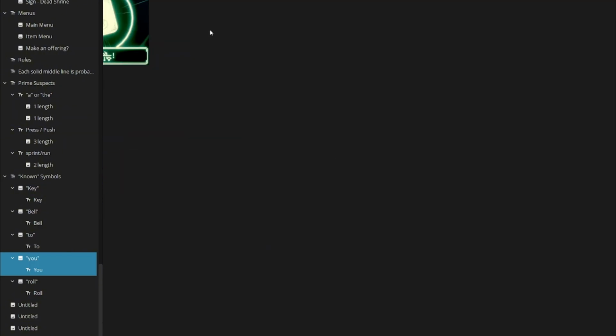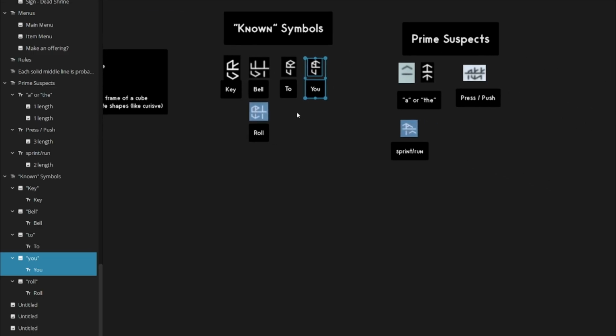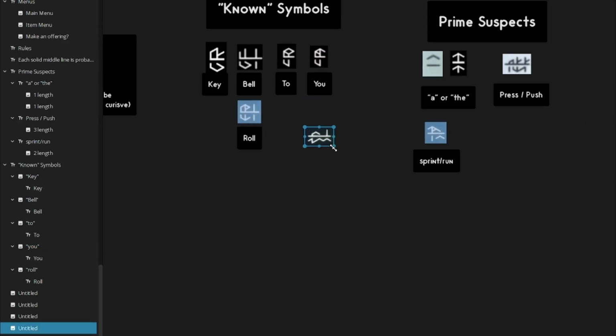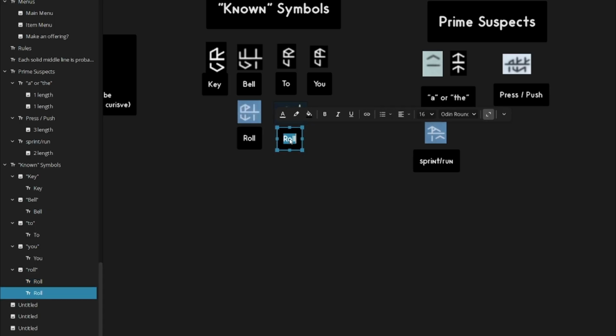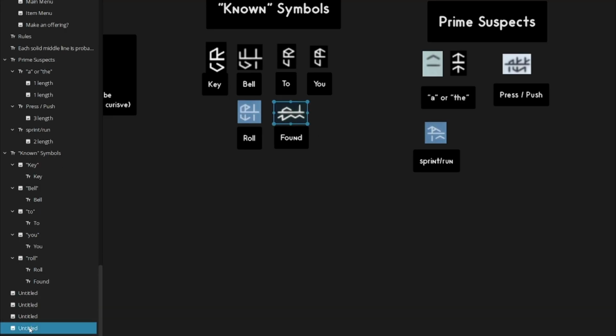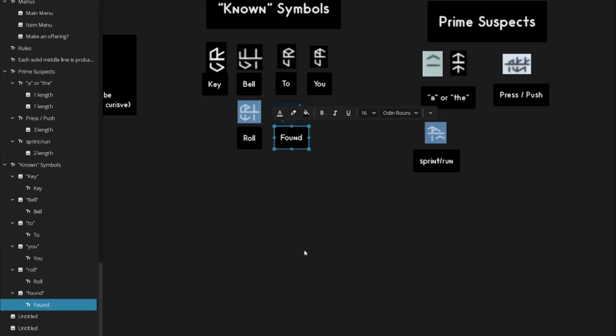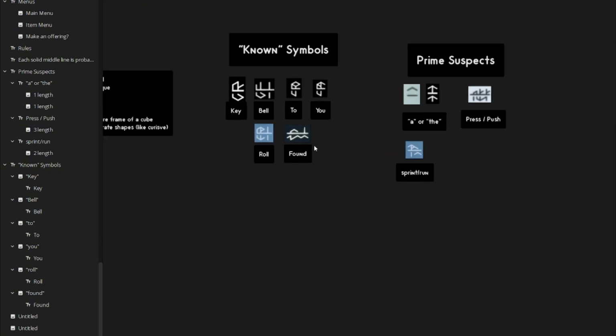I still don't have an idea. What I'm trying to do is find a grouping of words that I can translate, to then go back and see similarities between things like length and sounds, and this was found. I feel good about that. Every time you find something, this word is there. So we're gonna call this, come on, found. That goes under known symbols. This goes under here. Perfect. Found. So you found,